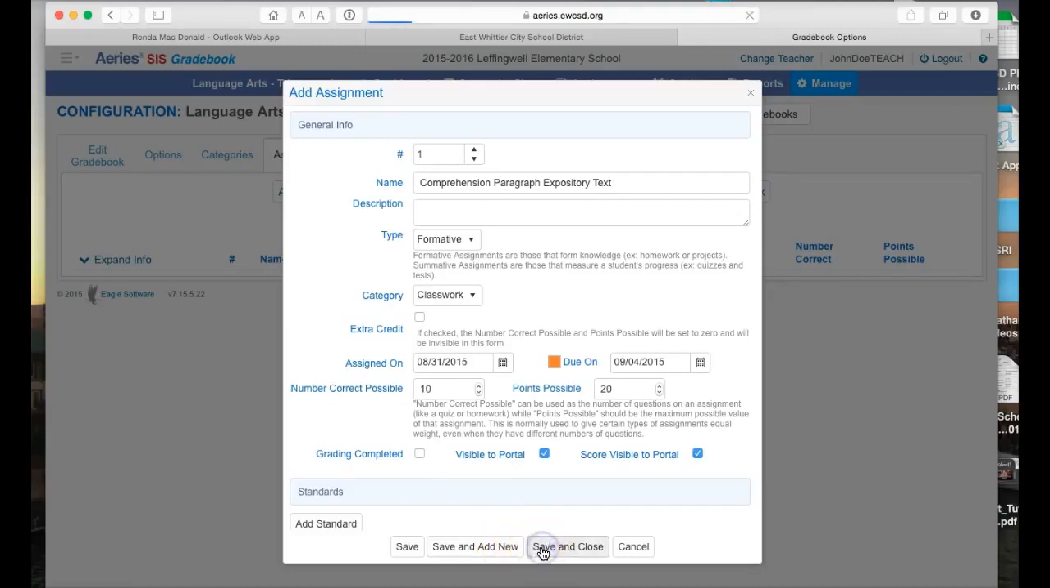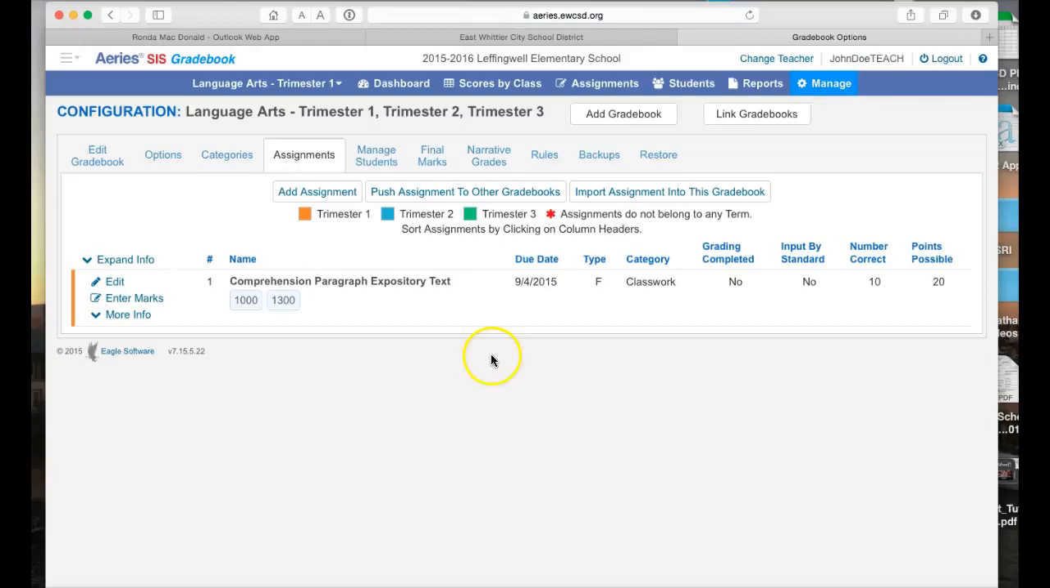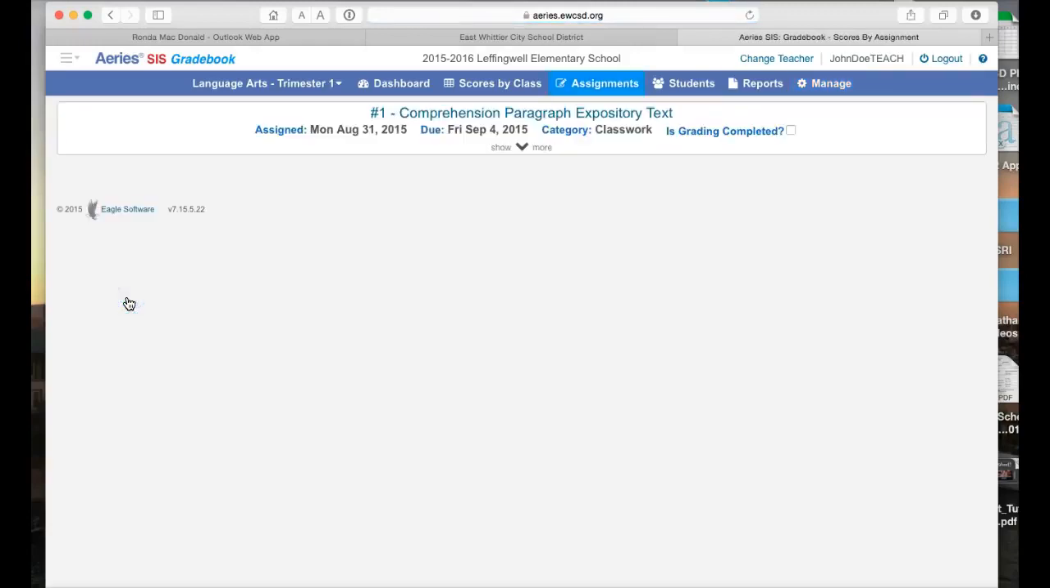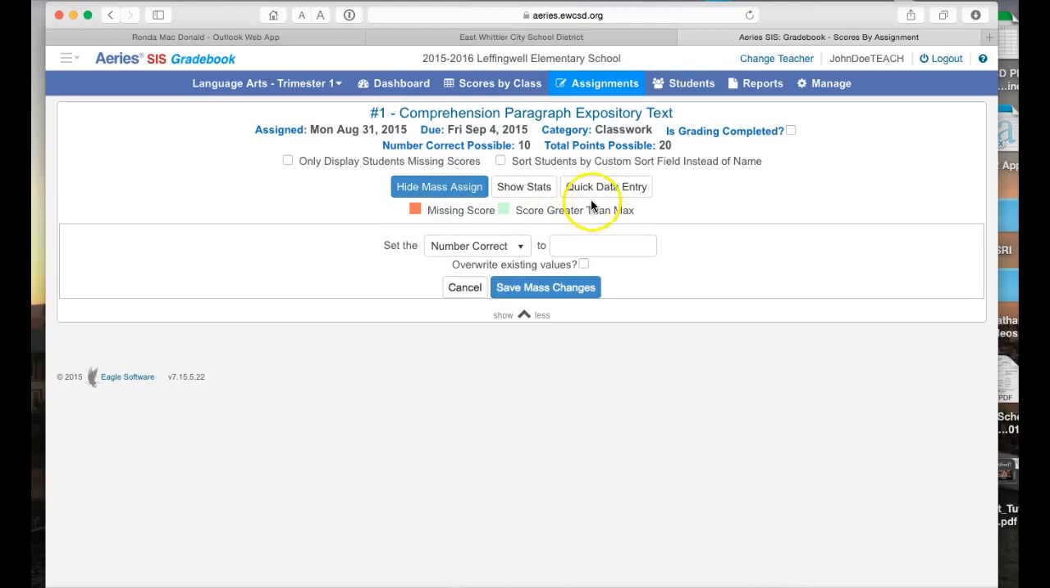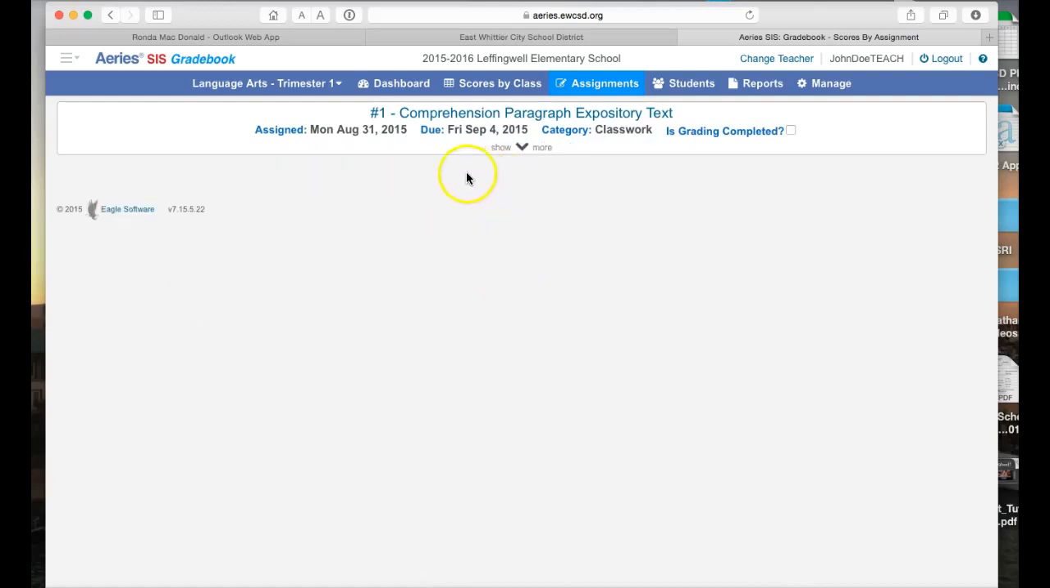So we'll save and close this. And as you can see, you can enter your marks here. You can mass add values. You can quick add. You can mass add the number of correct from 10 to 8 or something like that. You can play around with that. Personally, I think it's easier to add scores